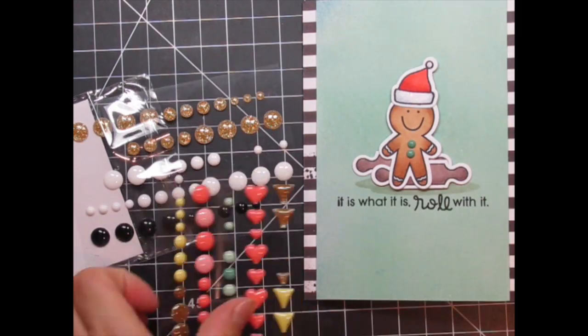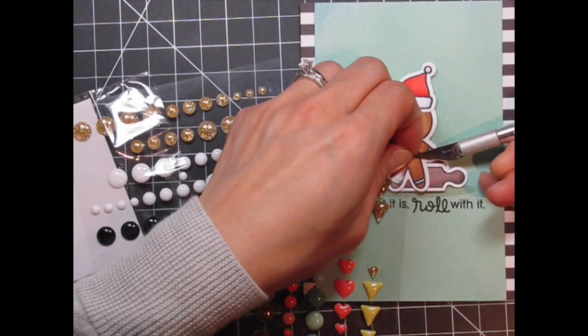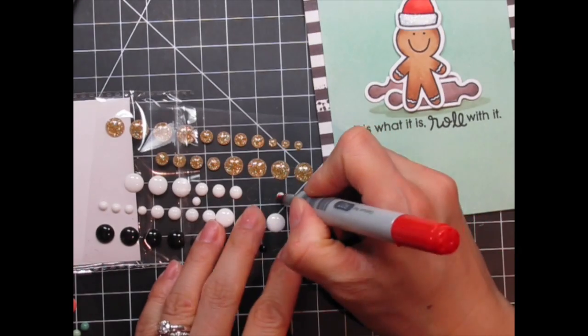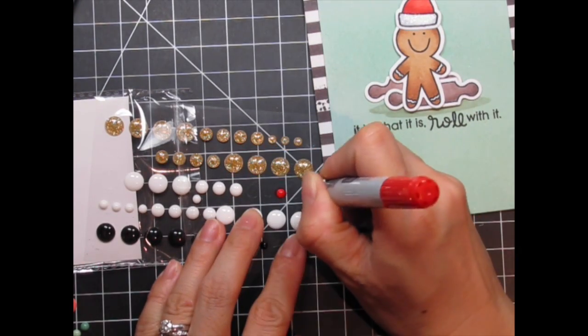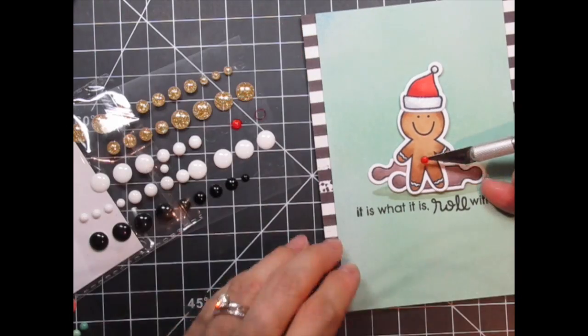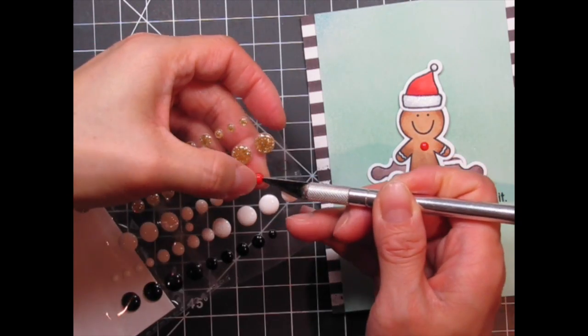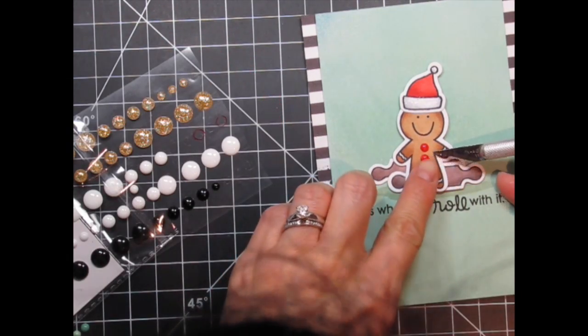Finally, I decided that the gingerbread man's buttons need to be red. I was able to salvage the mint enamel dots by carefully removing them and returning them to the original sheet. Since I didn't have red dots small enough, I decided to color white ones with the darkest of the red Copic markers that I used to color in the hat. The red buttons look so much better and the colors are balanced, with 3 areas of red and 3 areas